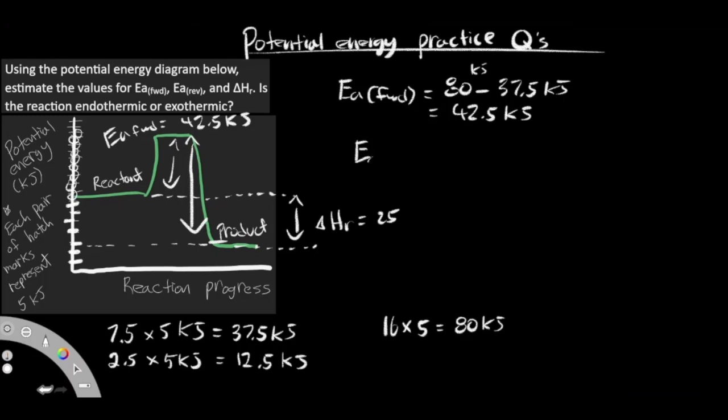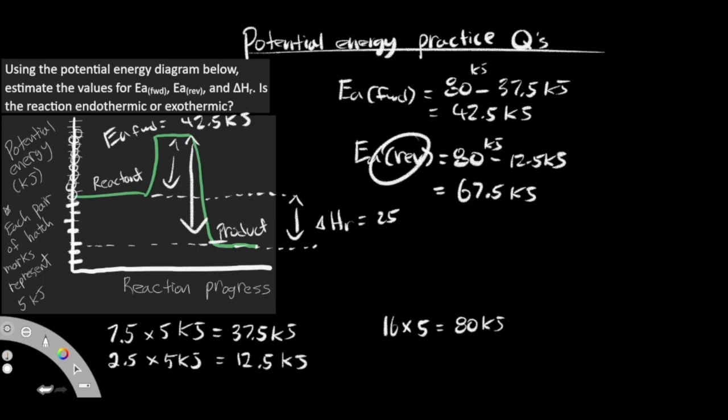So let's find our reverse this time. Let's do our 80. Subtracted by what? Our product. Look at what we determined our product was. It was 12.5. So I'll write it over here. So you're just going to subtract them. What do you get? I end up getting 67.5 kilojoules. So this here is going to be our EA rev, EA forward, and obviously our delta HR, which